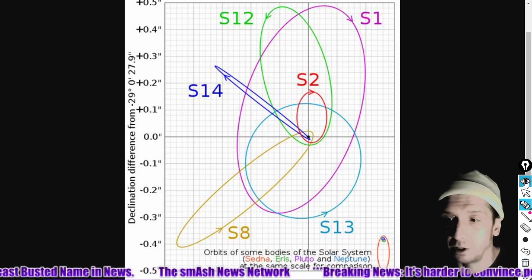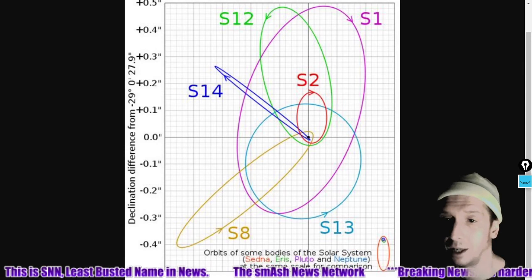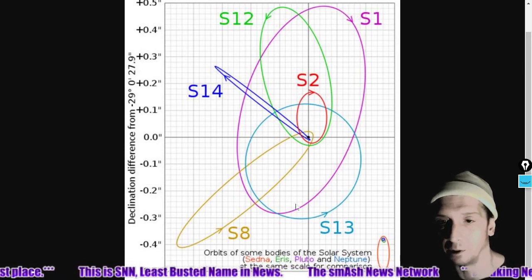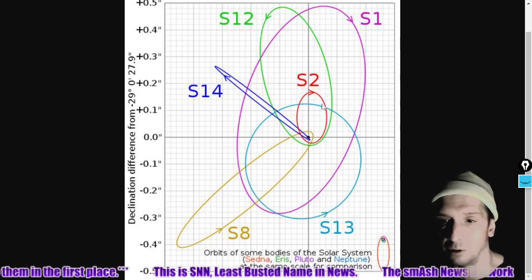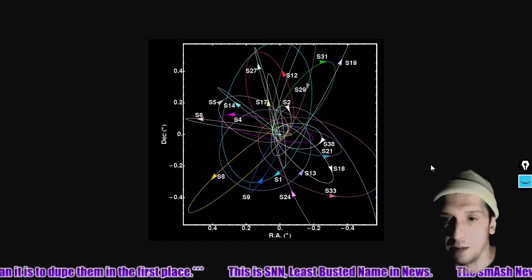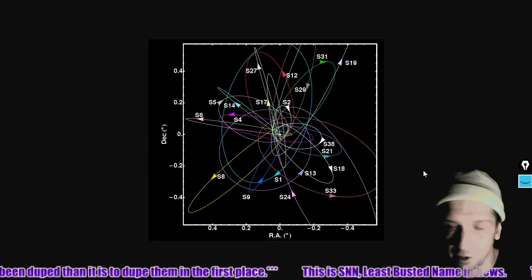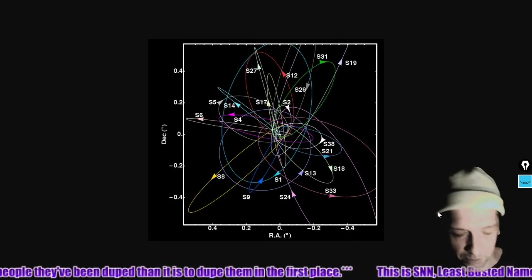So there is the orbital situation happening. You can see S2, S14. Look at the highly eccentric orbit of S14. Look at the more circular orbit of S13. Look at S2 and S1 and S12 and S8. And how about S17? What about S31? What about S33? And what I'm showing you here, folks, the reason that I'm showing you this is because